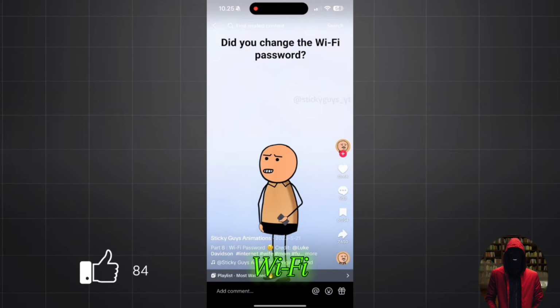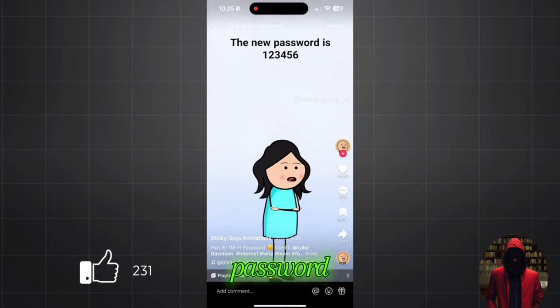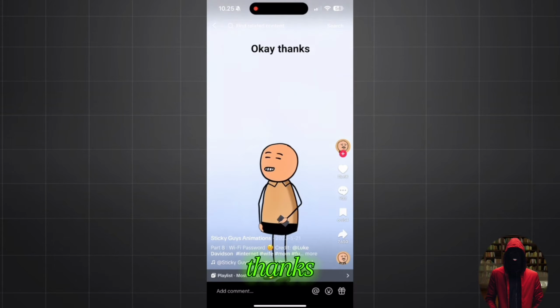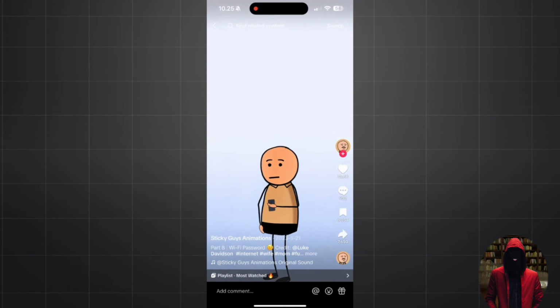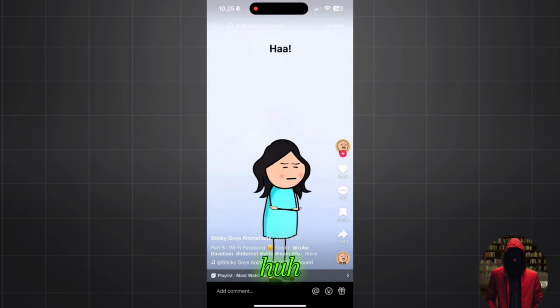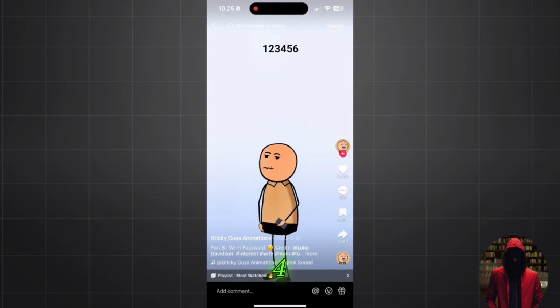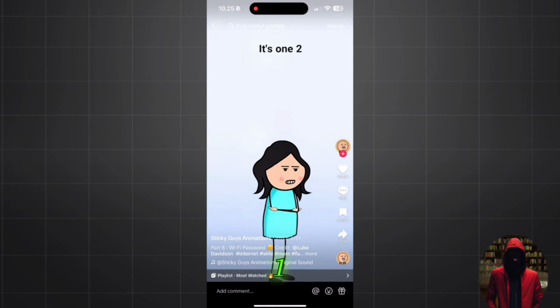Mom, did you change the Wi-Fi password? Oh, yeah, I did. The new password is 123456. Okay, thanks. It didn't work. Huh? What did you type? 123456. No, it's